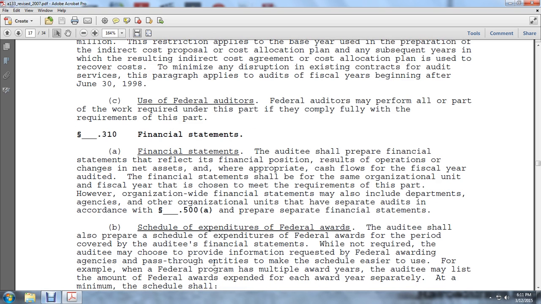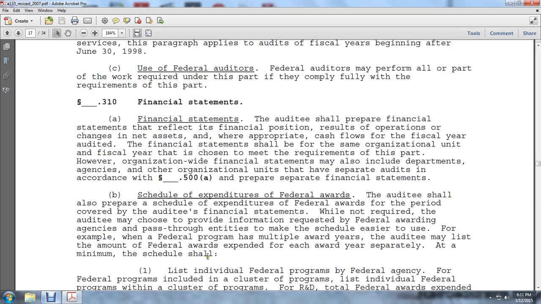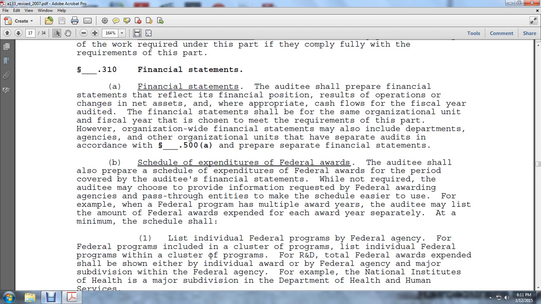For example, the federal program has multiple award years. The auditee may list the amount of federal awards expended for each of the awards separately at a minimum. The schedule shall list individual federal programs, federal agencies, federal programs, including the cluster of the programs. The total award expended for research and development shall be shown either as an individual award of the federal agency or by the major subdivision within the federal agency,